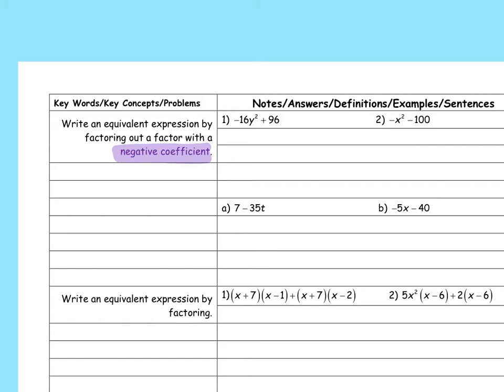But basically I'm doing the exact same thing that I just did, and I need my calculator because I need to know if 96 divided by 16, yes. Okay, so I can factor out a negative,